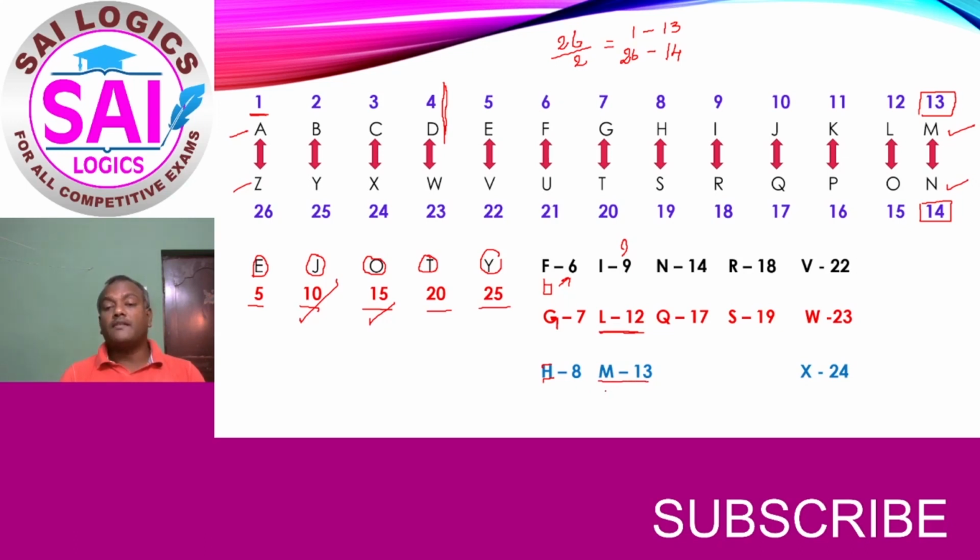If M is rotated clockwise, it will become like this. That means it appears to be 3. So like this also you can remember M is 13. And N we have already learned. N is the first number of the second half, that is 14. For 15 we can come to HOT. 15 is O. And if O 15 is remembered, 16 is automatically P.